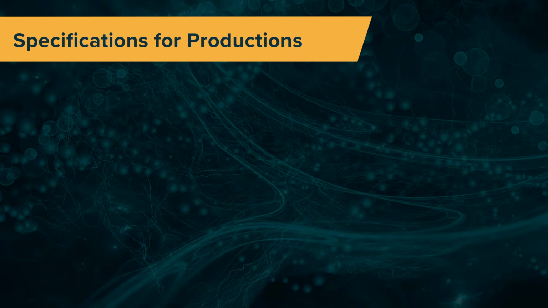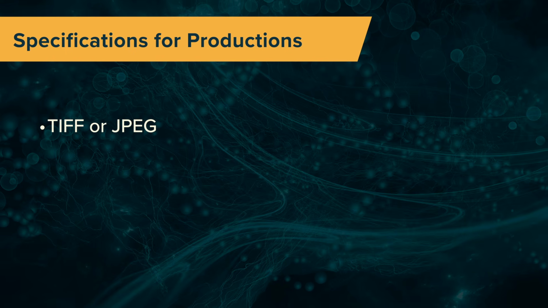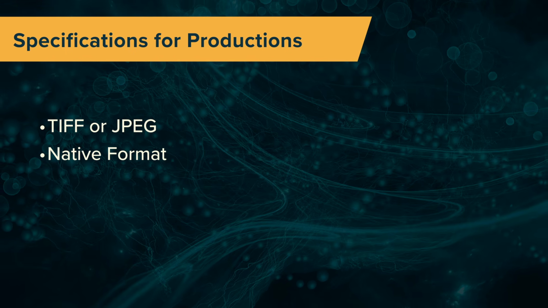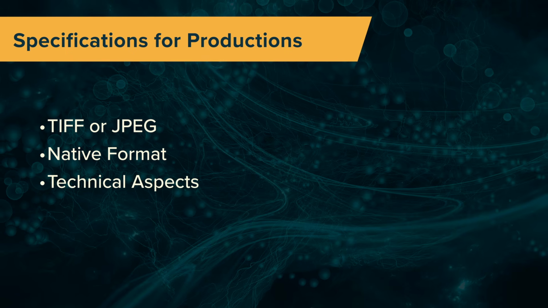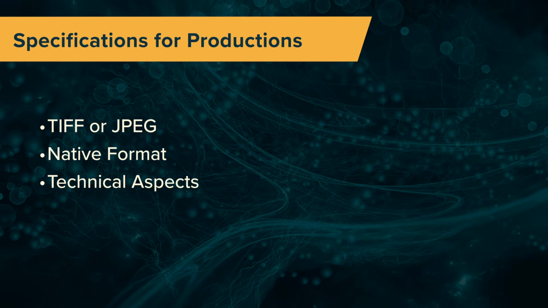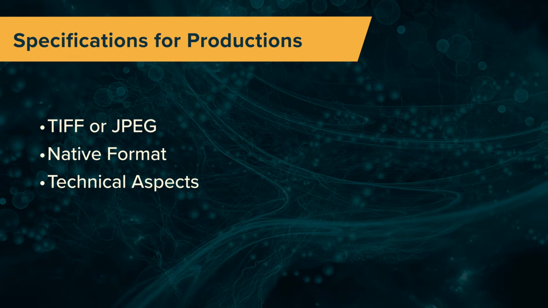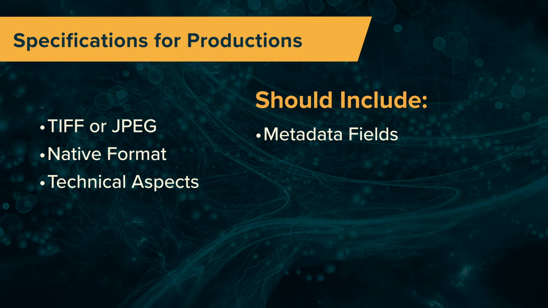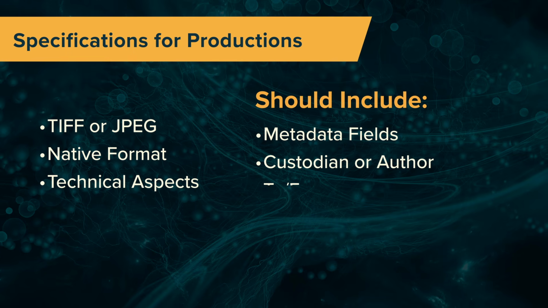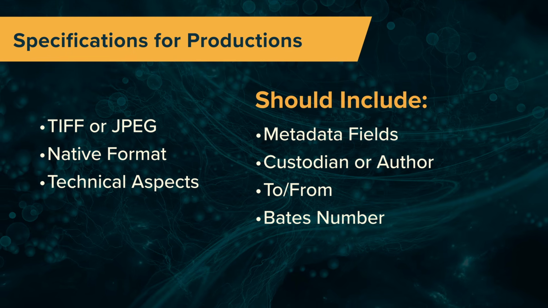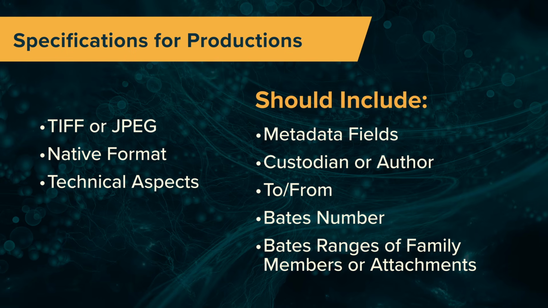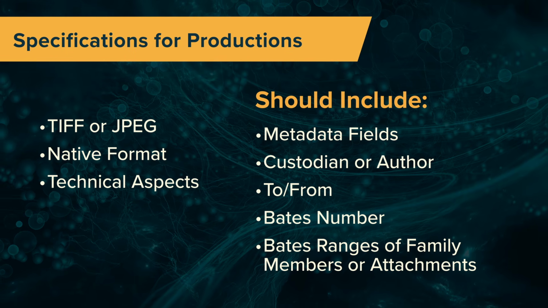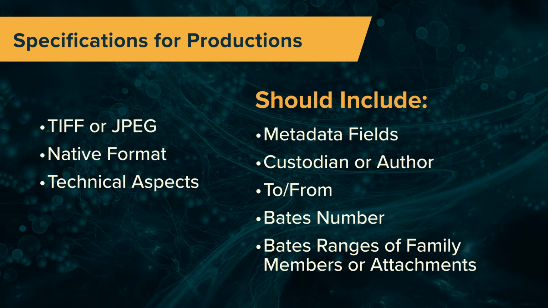The eDiscovery vendors selected by the parties in the matter should be able to provide standard specifications for the productions they are to receive. Those specifications generally consist of whether documents will be produced in TIFF or JPEG form, which document types need to be produced natively, such as Excel and PowerPoints, and the technical aspects of extracted text for the documents and the provision of a database load file. It should include the metadata fields for certain pieces of information, such as the custodian or author. In the case of email, the to, from, the Bates number of a document, and the Bates ranges of its family members or attachments, and other technical provisions that allow for fast and efficient loading of opposing party productions into